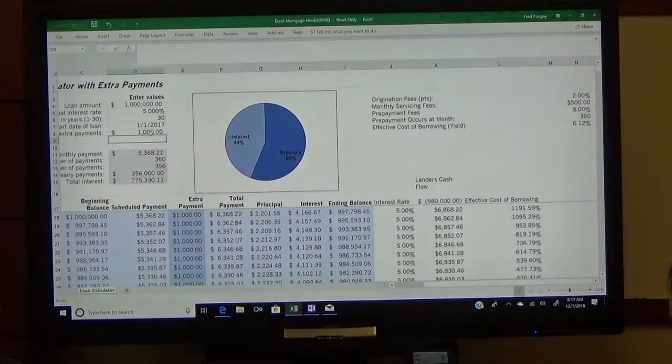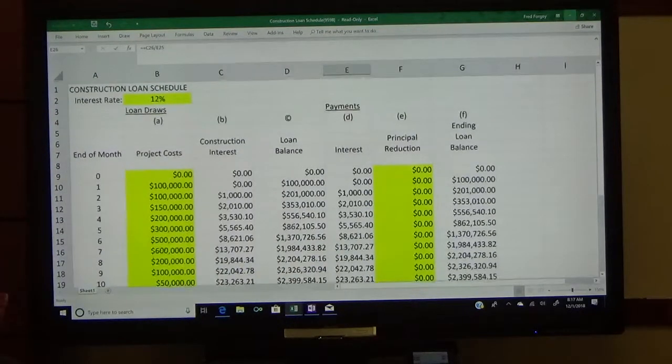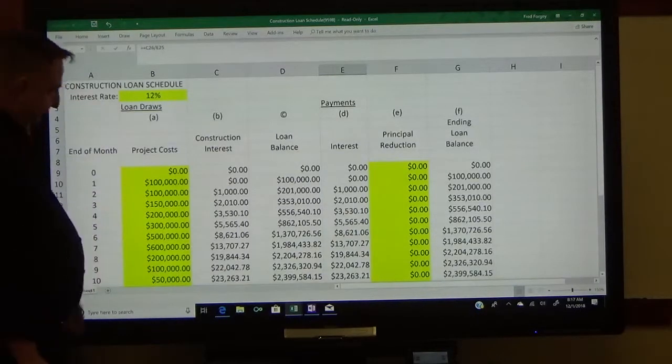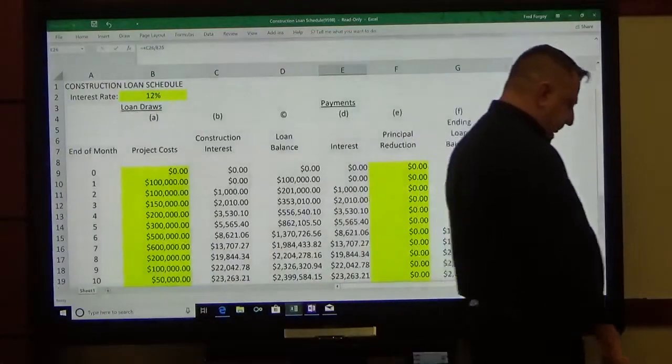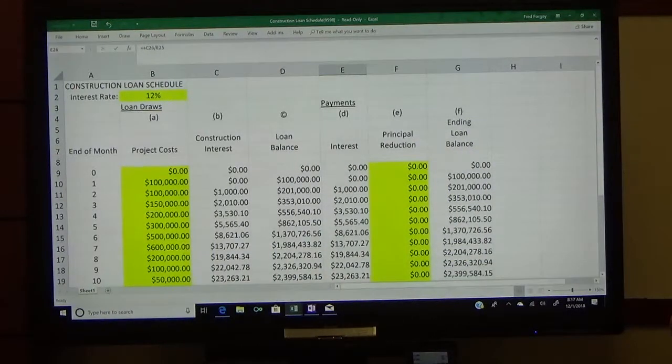Okay. Let's move forward to another model. Okay, so once again, those of you that are in the afternoon class, you've seen pretty much the same sort of model, the construction loan schedule model. So, with construction loans,